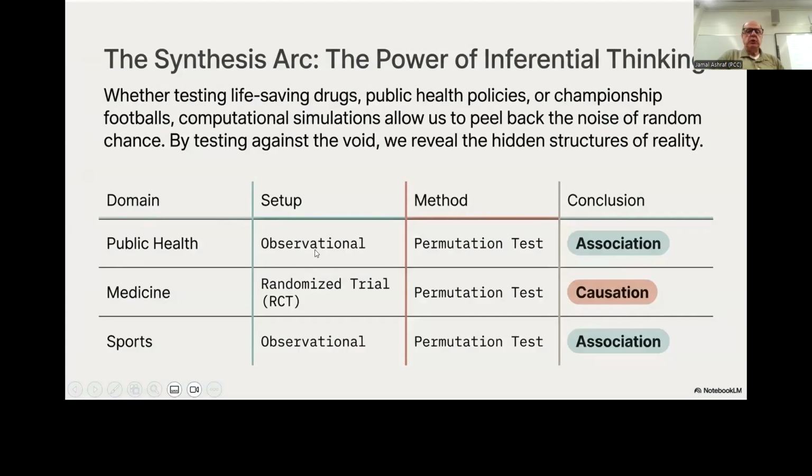So with public health, we do an observational permutation test, that's association. With medicine, we do a randomized trial. We do the permutation test, that's causation. With sport, we do an observational permutation test, that's association. Okay, that's what I have for you on